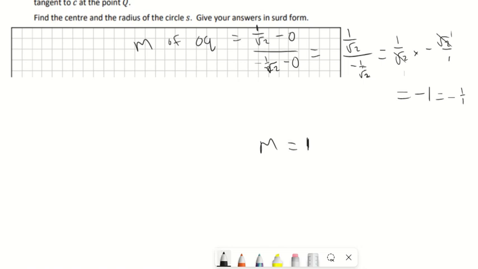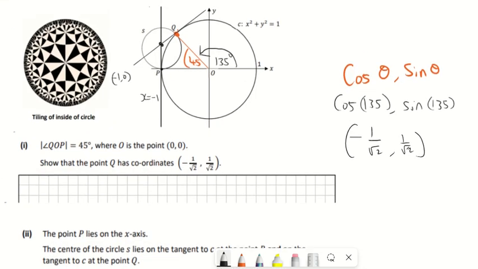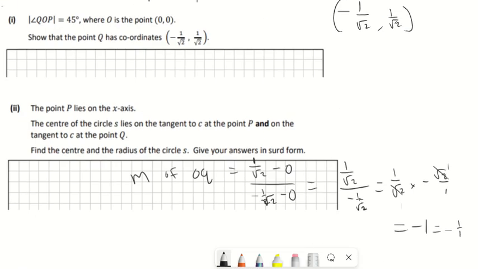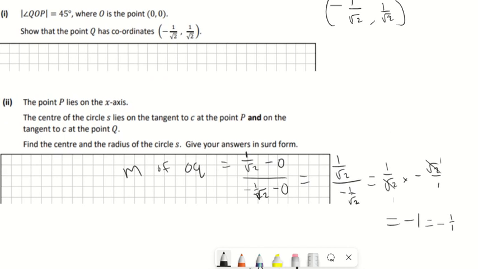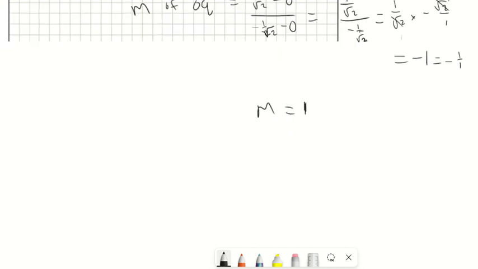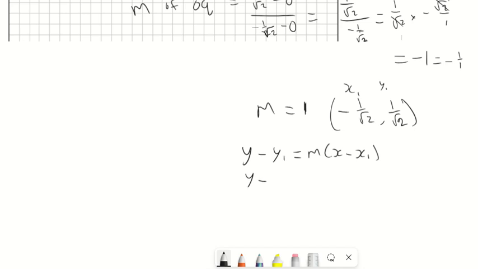So the slope is 1, and I know that the point Q, which is on the line, is going to be the one above, so minus 1 over root 2, 1 over root 2. So that's going to be my x1, y1. So I'm going to put it into the equation of a line formula. So y minus y1 equals m by x minus x1. So y minus 1 over root 2 is equal to 1 times x minus 1 over root 2, so plus